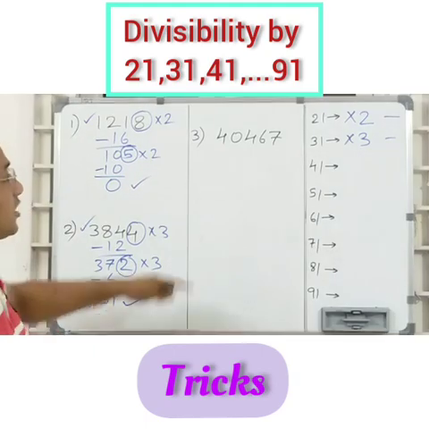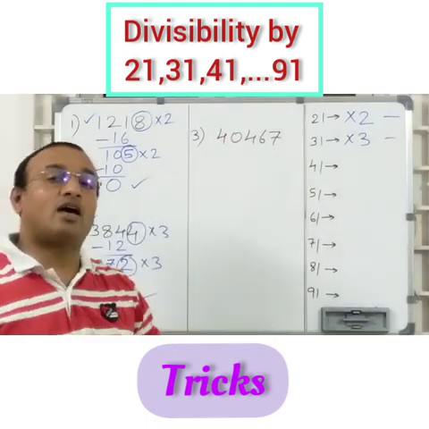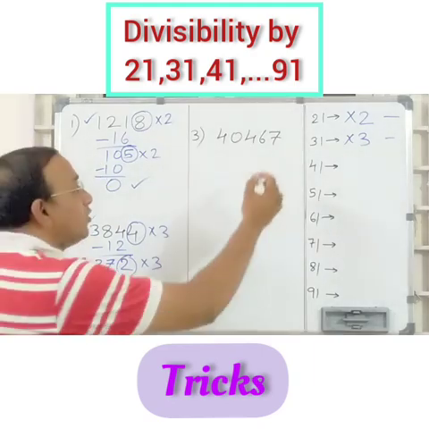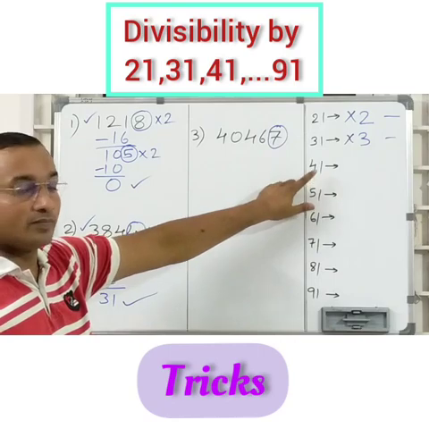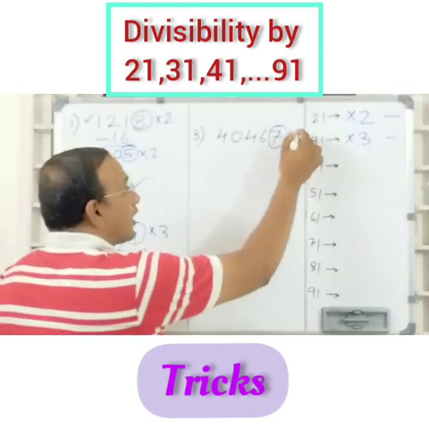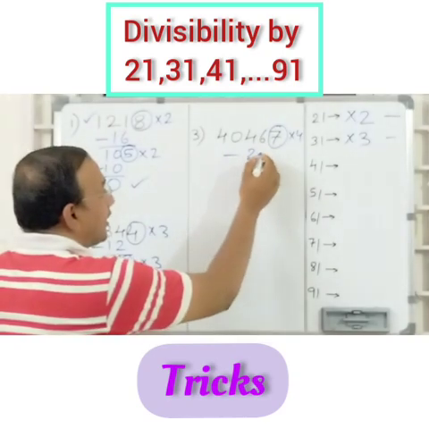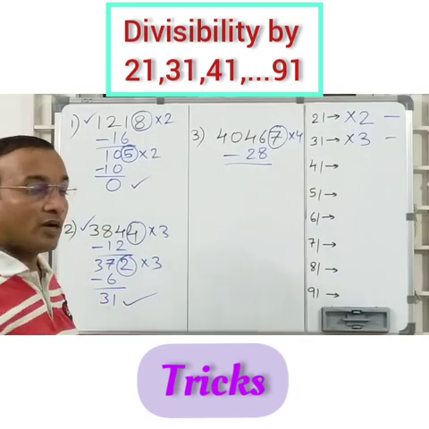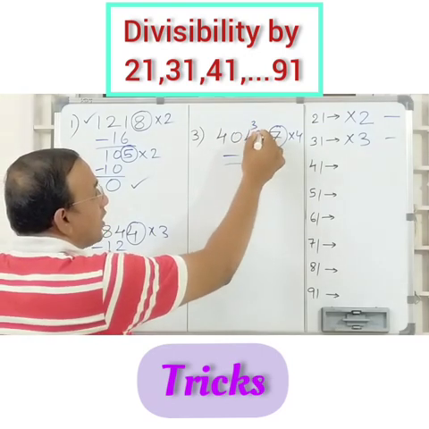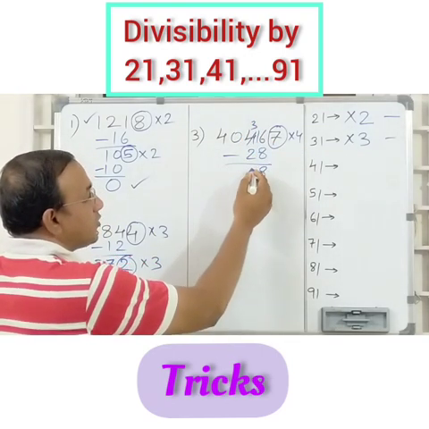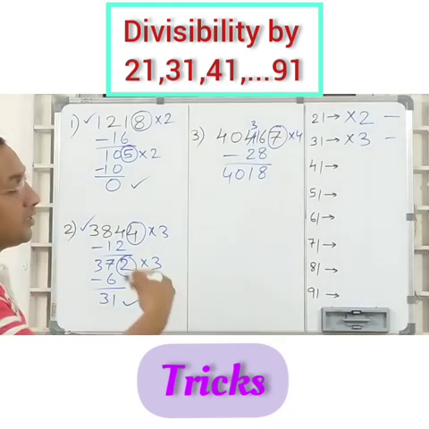Okay friends? Let us take another example and check whether this number is divisible by 41 or not. So what to do? Take the last digit. In 41, what is the first digit we have? 4. So multiply the last digit with 4. So what do you get? 28. Subtract from the remaining digits. If we subtract, what do you get? As 6 is small, borrow from this. 16 minus 8 is 8. 3 minus 2 is 1. 0, 4. As the number is big, repeat the process.